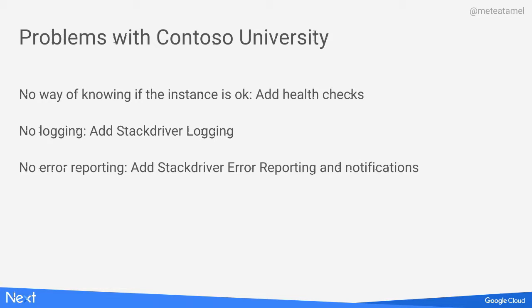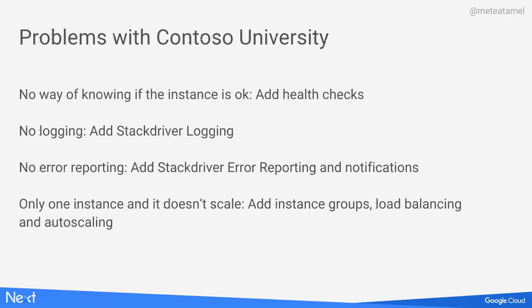So we'll add that. And then our application is not resilient because it's just one instance. If we have more load coming in, one instance is not going to cover that. We need multiple instances, load balanced, and we need auto-scaling, actually, to make this work. Thankfully, there's something called instance groups in Google Cloud that makes this really easy. So we're going to add an instance group and have all of this happen magically for us.